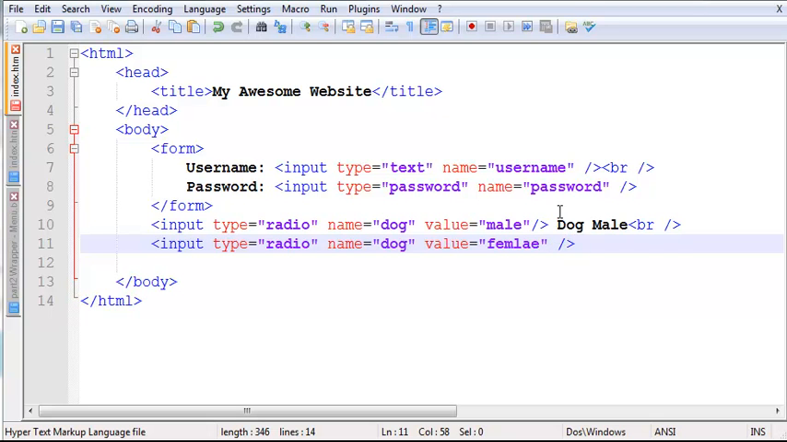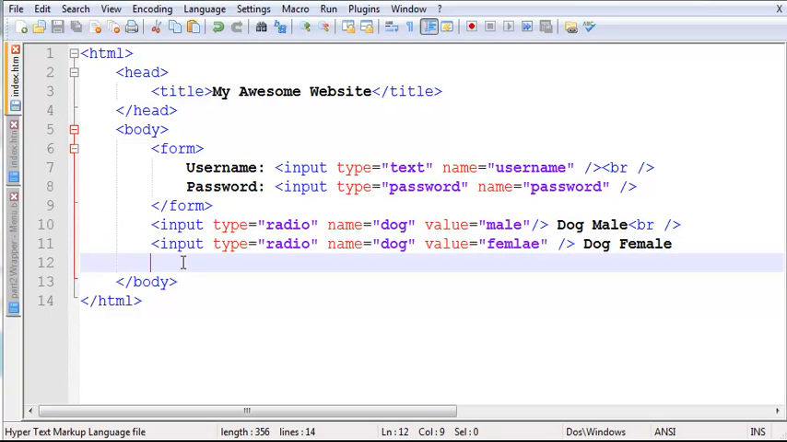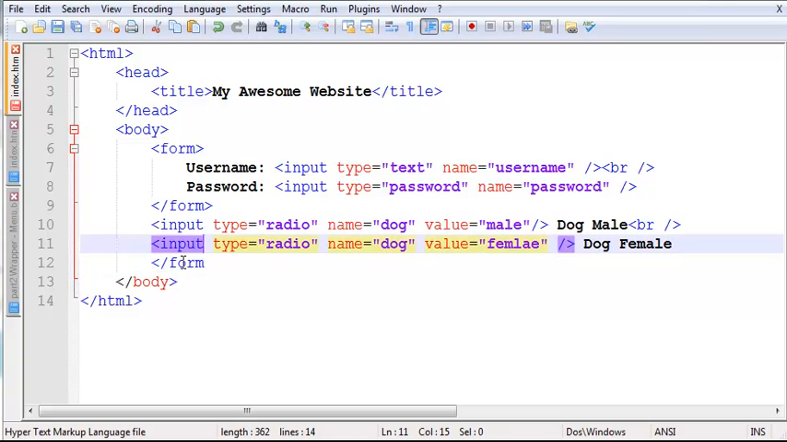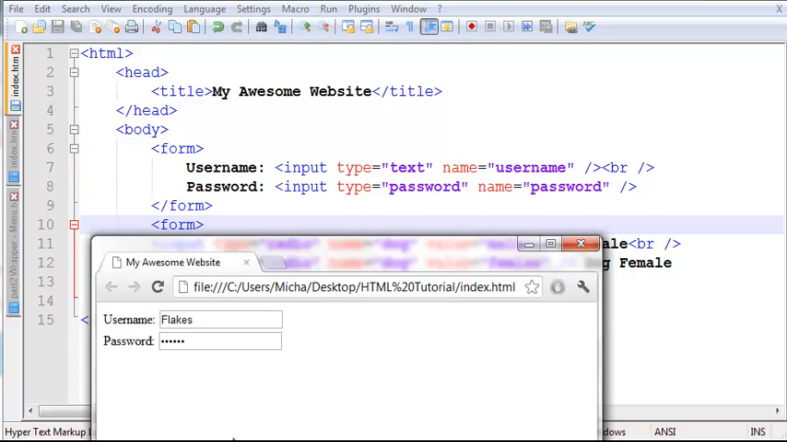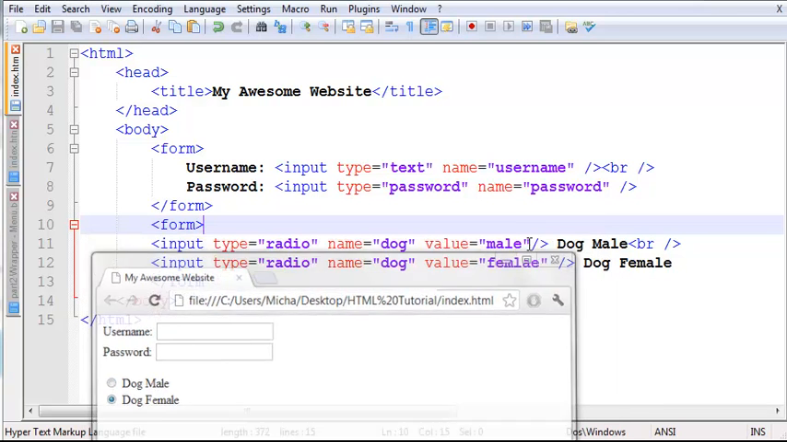So we have a male dog and a female dog. Dog female. And we save that. Of course, close this form, and open it up here, because that would be stupid if we forgot that. And we just refresh. See how it gives us only one opportunity to click something? So basically what we could do is